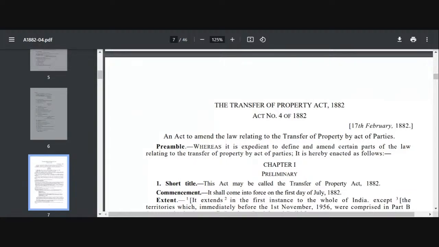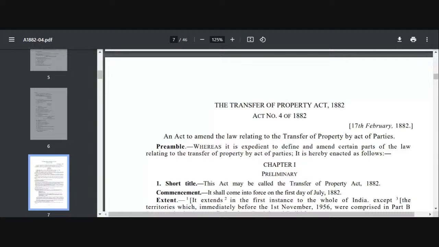So this act is not dealing with anything which is taking place after the death of one person. Like, what kind of transfers take place after death of a person? Can anyone tell me? What kind of a transfer takes place after death of a person? What kind? Yes, very good, Ish. Succession. Correct. So succession is a thing. Inheritance is a thing which is taking place after death of a person.